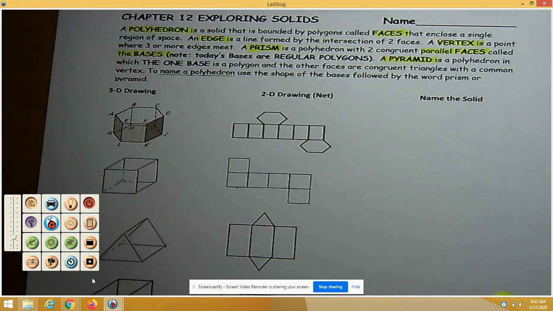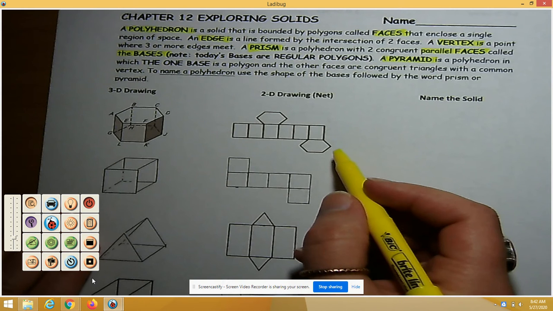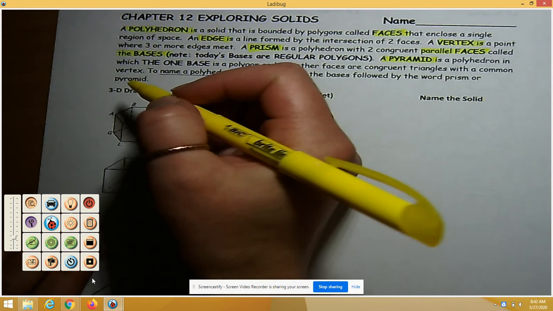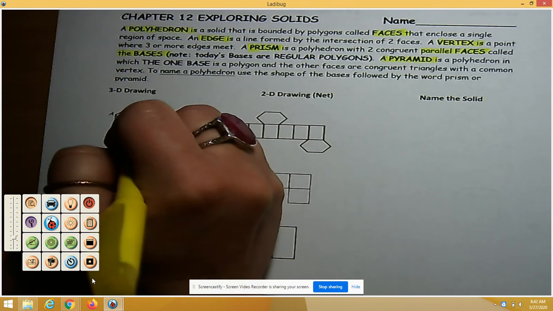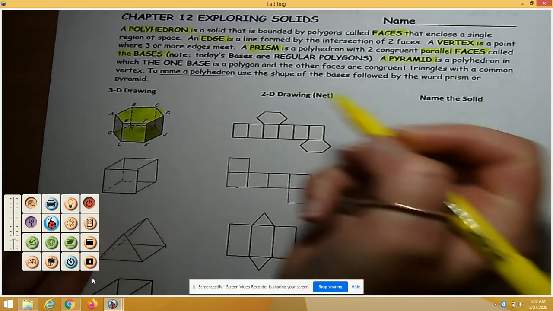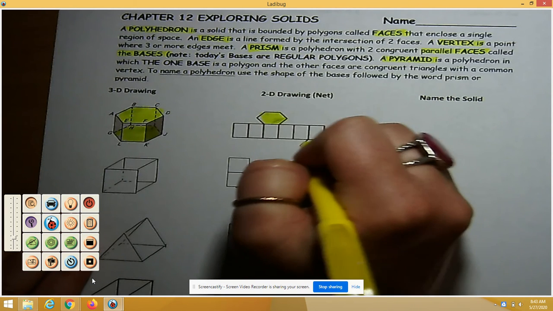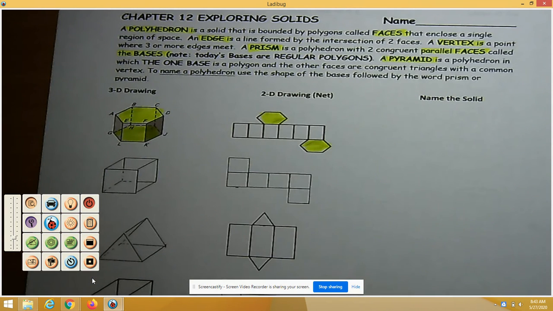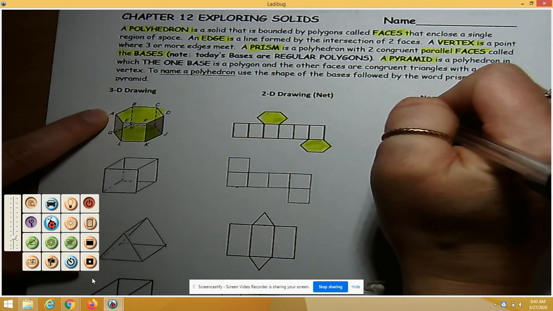So right now, let's take a look at the polyhedrons that we're going to look at below on this side. So here's a 3D drawing, and then this is the net, which means it's unfolded. I'm going to highlight the bases. Remember, the bases are parallel faces. So these are parallel to one another, and I highlighted two hexagons. So the base is a hexagon, so we're going to call this a hexagonal